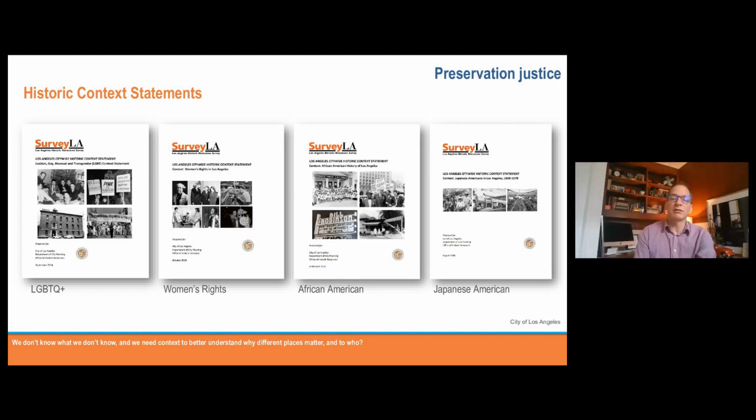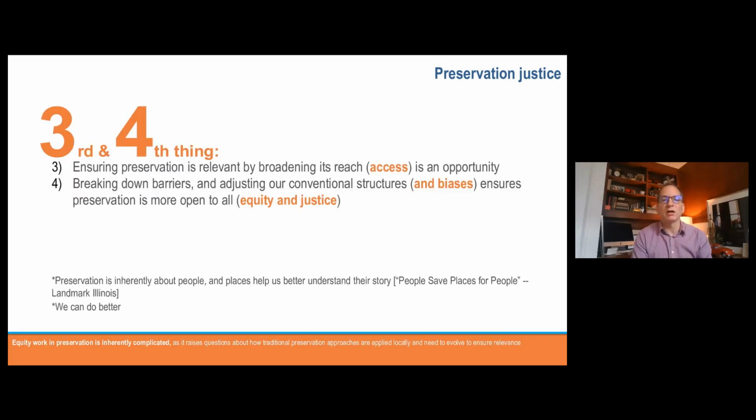This is just some of the context that the city of Los Angeles has done, but it's really critical in terms of understanding this so that we can understand what needs to be designated, and also how we engage with different communities within our larger community itself.